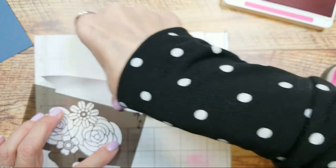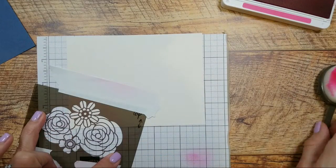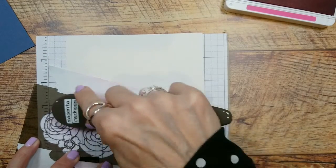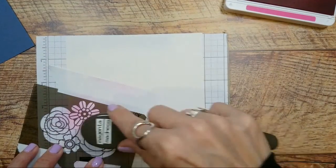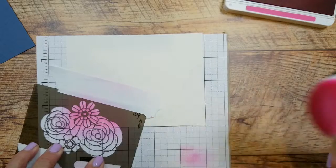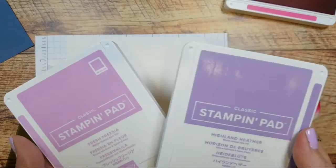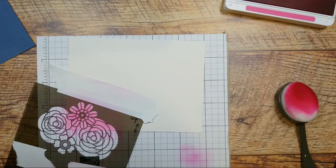So same thing, cover this up. Just be really careful. Just know where you are when you're doing the blending. All right, so then we're going to do the same thing. Light, light, light. And then get more on it and go over it again. So when you pick your colors, if you are going to mix and match, just pick colors that go together. So I didn't try these, but I thought, you know what, these might look good. The Fresh Freesia and the Highland Heather might look good because as you can see, you are going over top